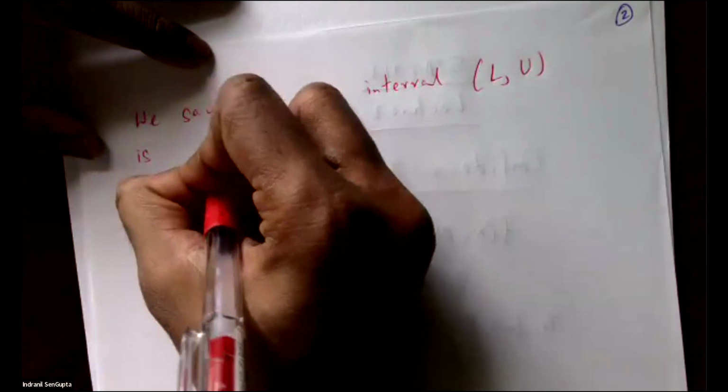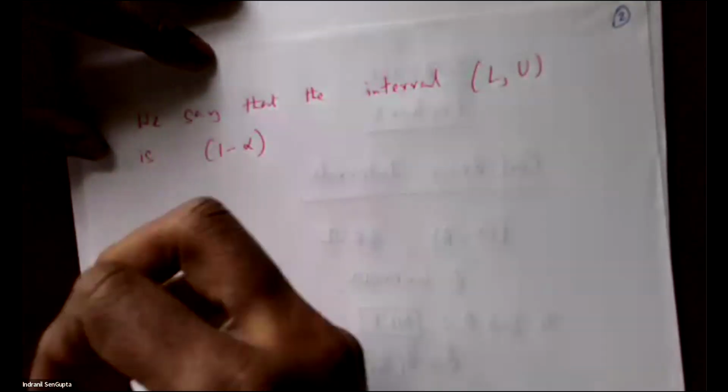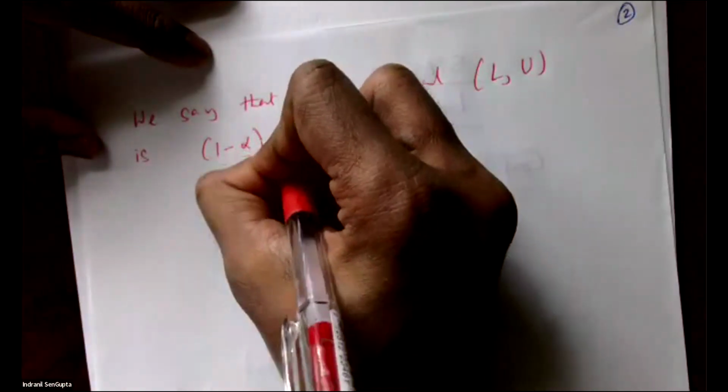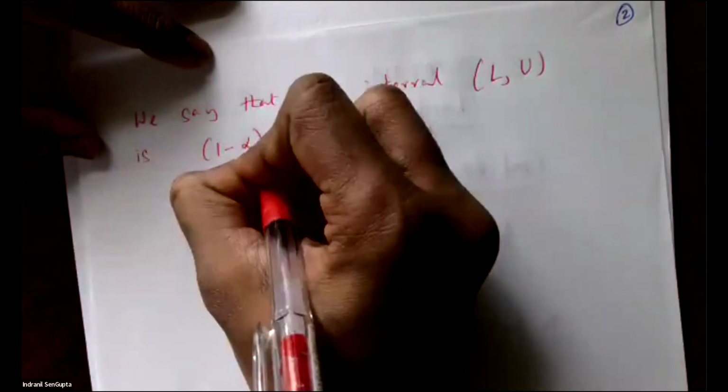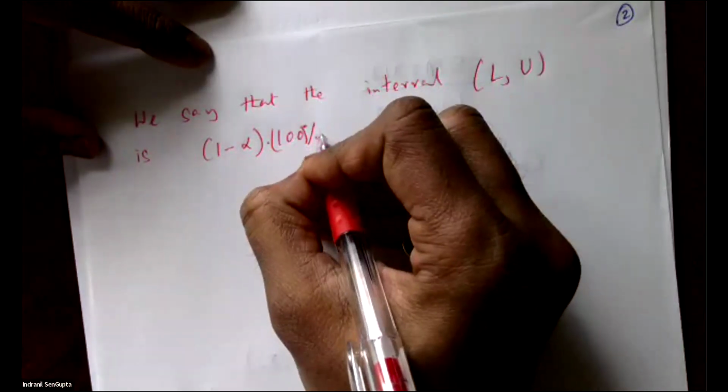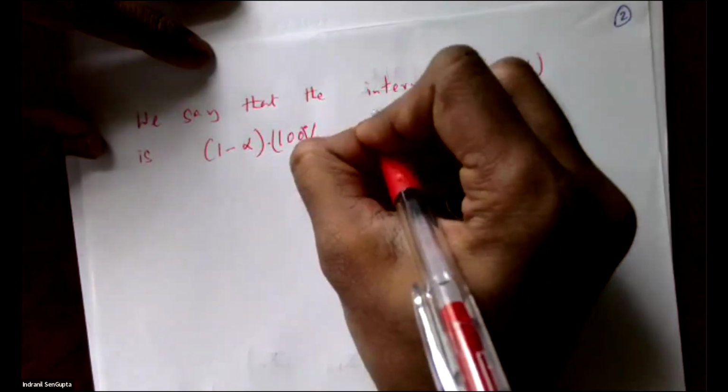We say that the interval L to U is 1 minus alpha 100%. So it's basically we're multiplying this 1 minus alpha by 100, and then we convert this to a percentage confidence interval